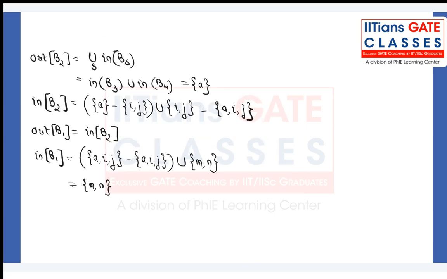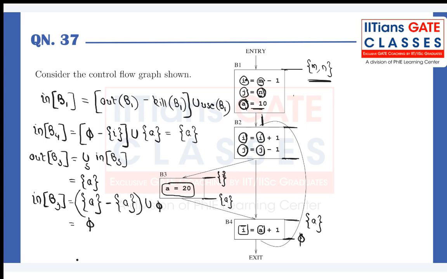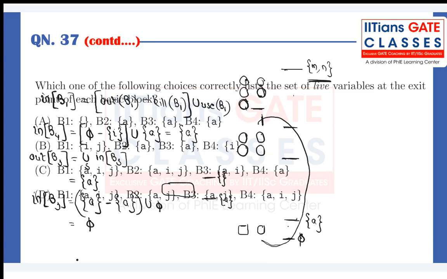If you look at out of B2, you are getting A, correct? But there is a package as well. This is called a package. The package is given in the question. See, the package is here. So out of B4 is also the in of B2. So whatever was present in the out of B4,